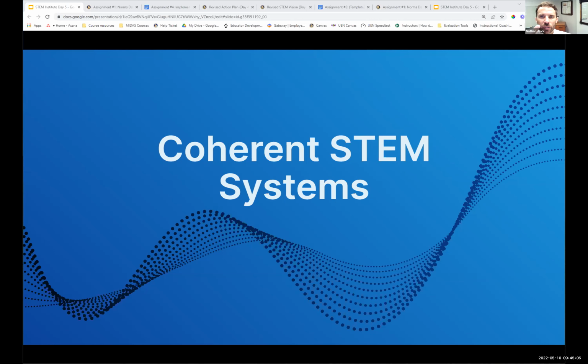and what I always use this word, coherent. What I mean when I say coherent STEM systems is that it's a system that's not like an island by itself that is only sustained based on a few people wanting to keep it afloat. But we make connections across our entire educational ecosystem such that we start building advocates. We talked about this last time in the stakeholder section. We start building advocates of people that aren't even explicitly involved in a lot of the aspects of our action plan. And so in order to do that, we have to start to weave it into the resources that are